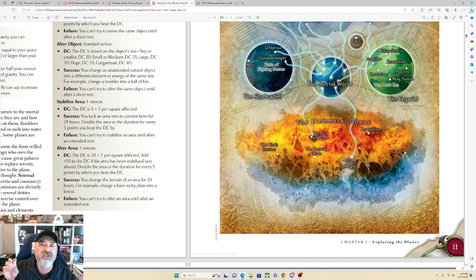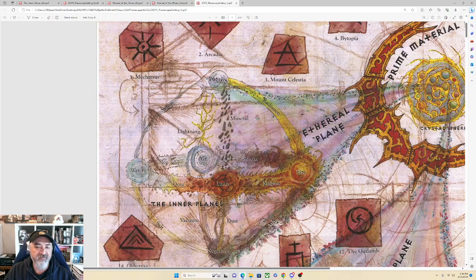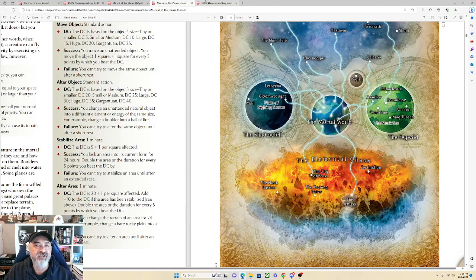Ironically, at this point, they also assigned several planes to the elemental chaos. That's a big difference between where we are now. The Shadowfell and the Feywild stood between the two, in reference to the positive and the negative energy pushing those out. So that's the slight adaptation for 4th edition that we still carry in 5th edition in regards to our inner planes. The Shadowfell and the Feywild in 4th and 5th edition are considered separate planes. Planescape considered them the positive and negative plane. 5th edition Planescape is going to replace the positive and the negative energy with the Shadowfell and the Feywild,